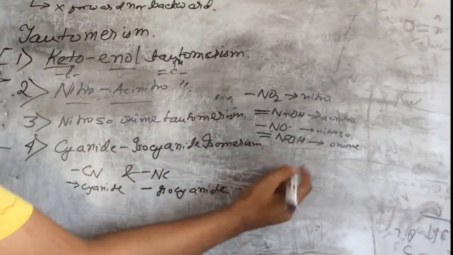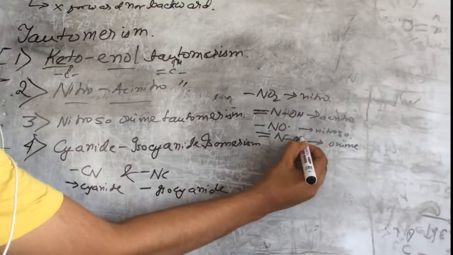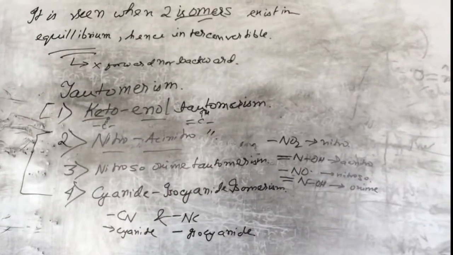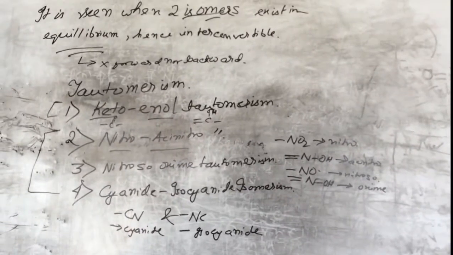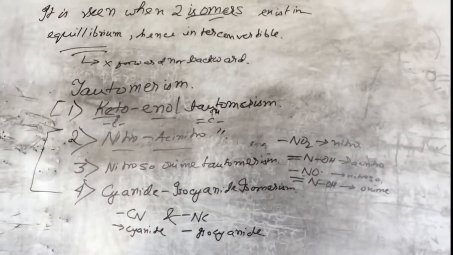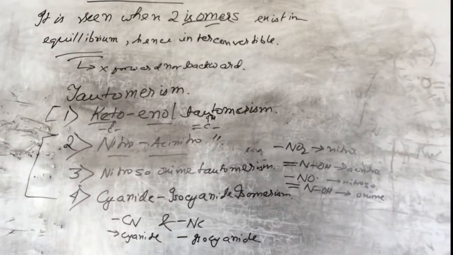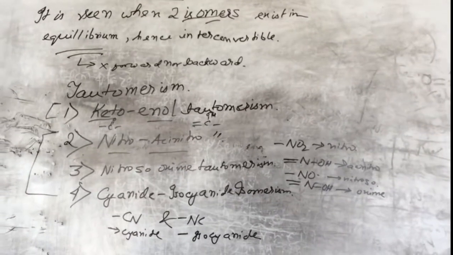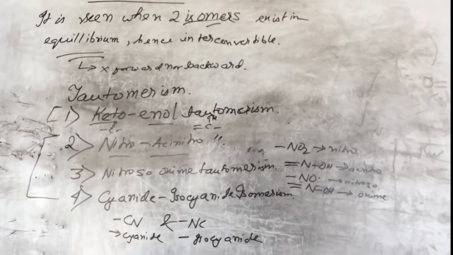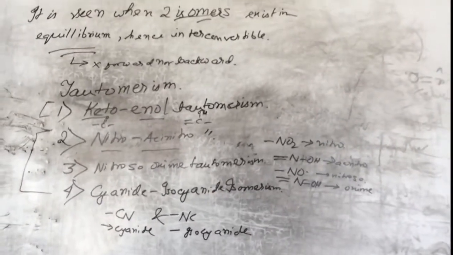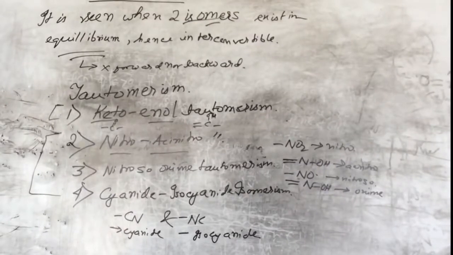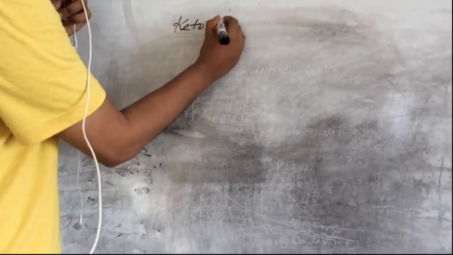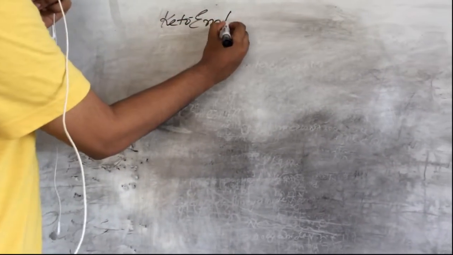So let's start with, okay, before starting tautomerism we must focus that tautomerism is a very important aspect in isomerism, because in writing reaction mechanisms like that of HVZ, that is Hell-Vollhard-Zelinsky reaction, and the Beckmann rearrangement and a few other reaction mechanisms, you will need the application of tautomerism. So it's quite interesting. So next we start ketoenol tautomerism, the first type of tautomerism that we have discussed.